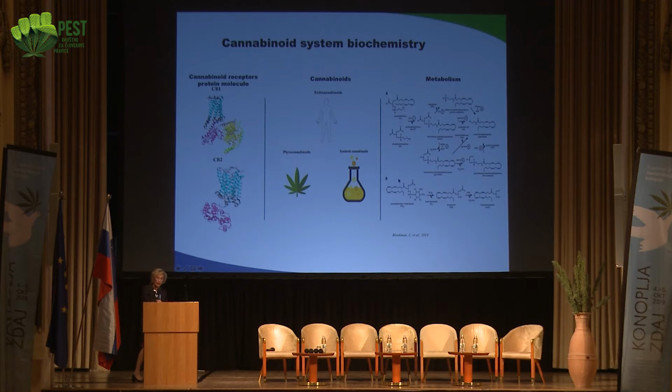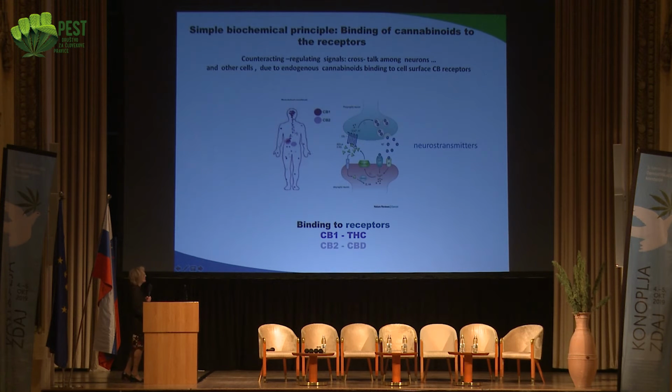and these molecules represent one or the other type of cannabinoid. Now, the way they act is actually a pretty simple biochemical interaction between a receptor and this molecule. And this binding, as you can see here, of receptor and endocannabinoids in this case, occurs between two cells. Here are shown two neurons. This is an example of how cells communicate, also other cells, not only neurons.